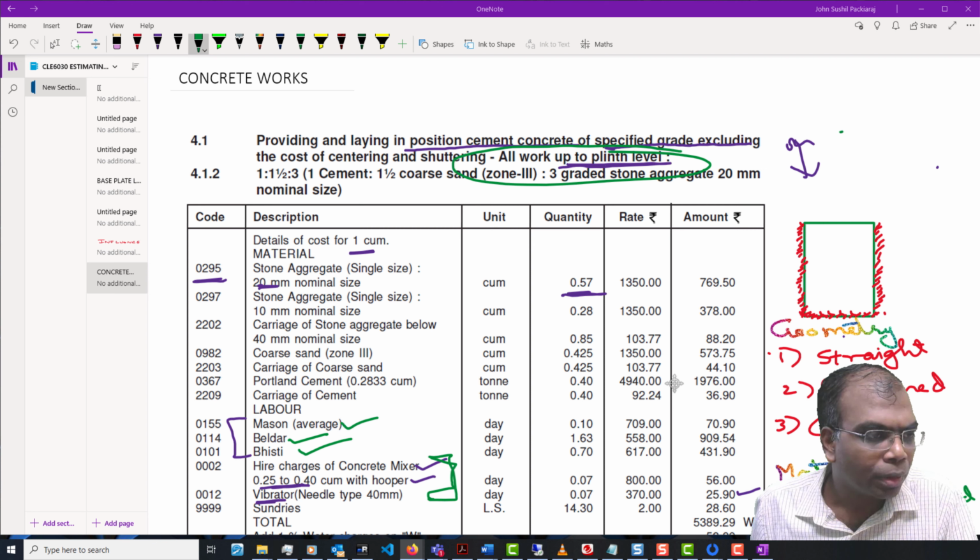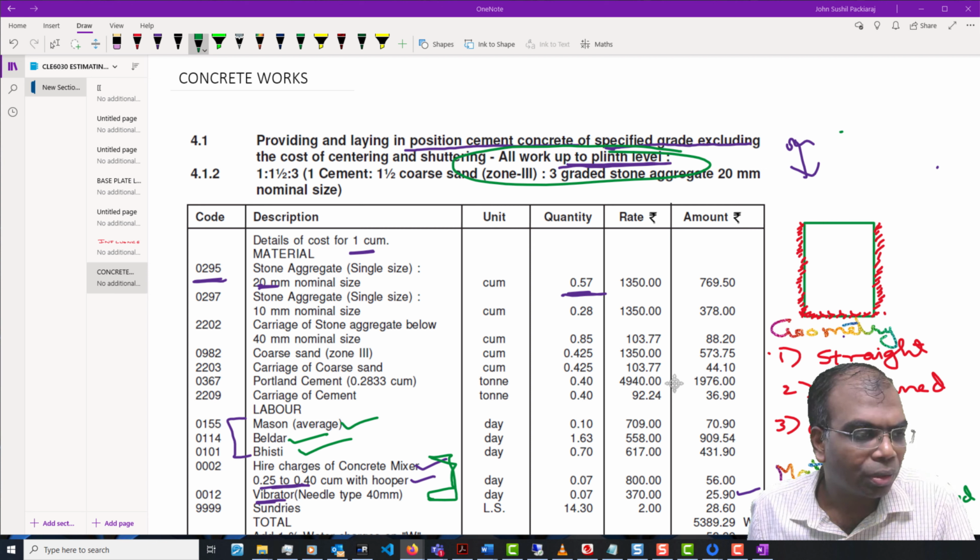One of the biggest things which rate analysis does is it governs the decision on whether we are going to buy or rent a construction material, a construction enabler. For example, in this particular case, we are talking about shutters.